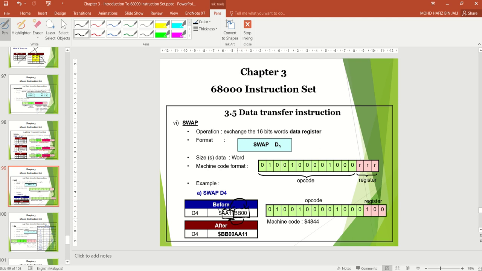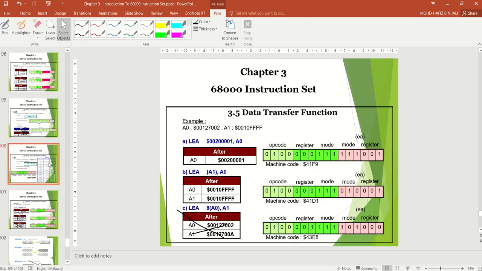This one goes to the front, BB00, and this one goes to the end of the 8-digit hexa value. Also a very simple instruction.